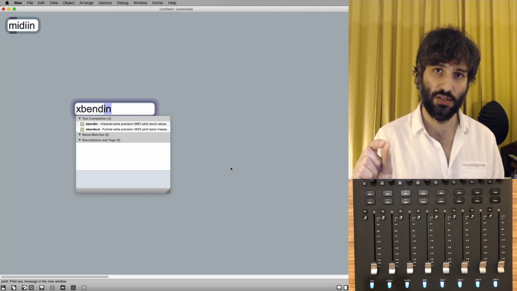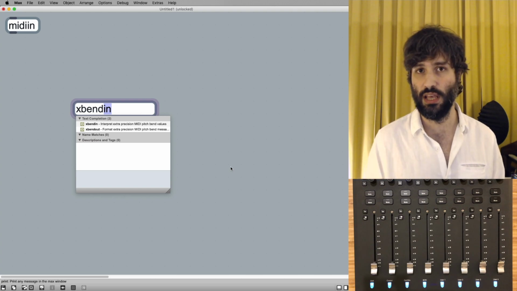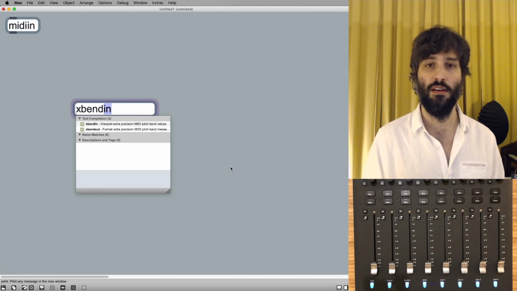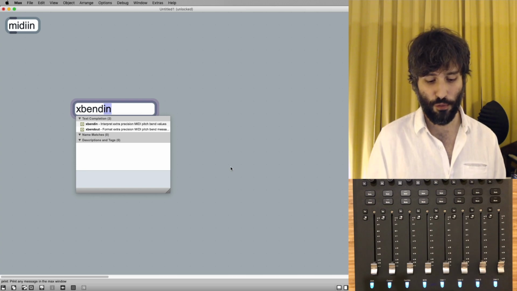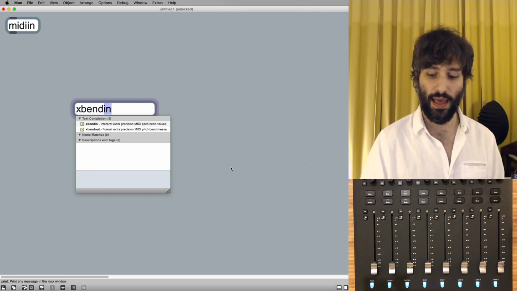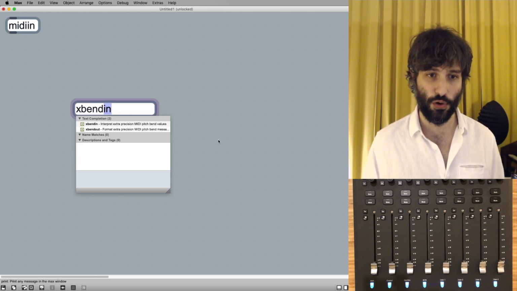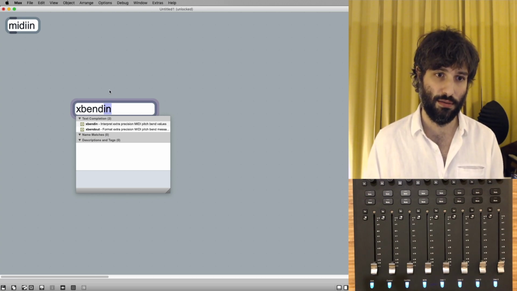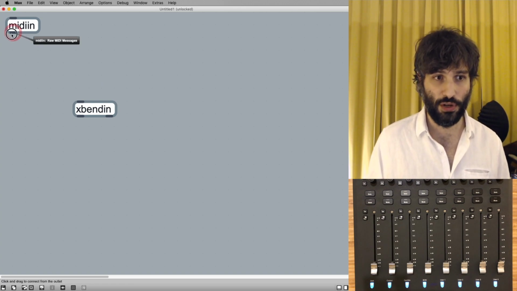It sums two messages so that it doesn't output 7-bit, but 14-bit values. And I think that happens for each fader in a Yukon controller. So just like in a pitch bend wheel, it'll be 14-bit MIDI values. This object helps interpret 14-bit MIDI values.